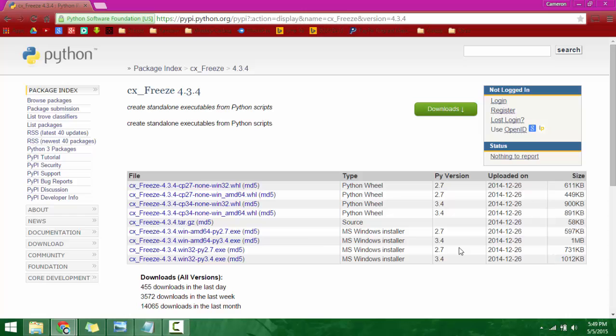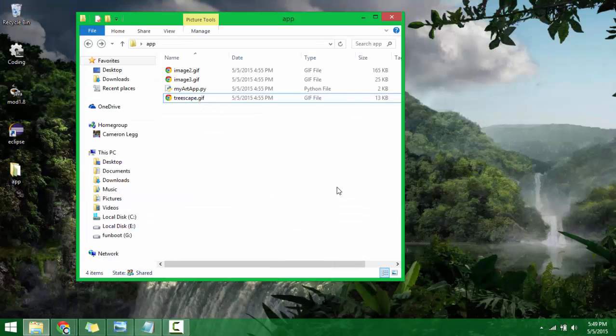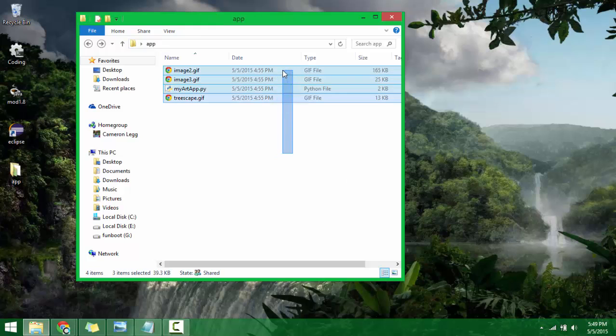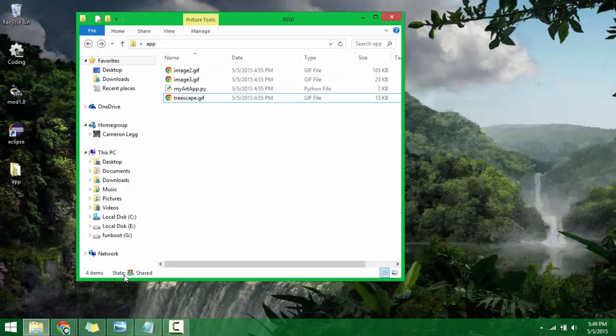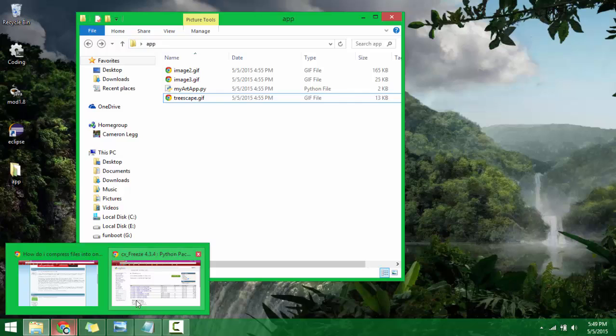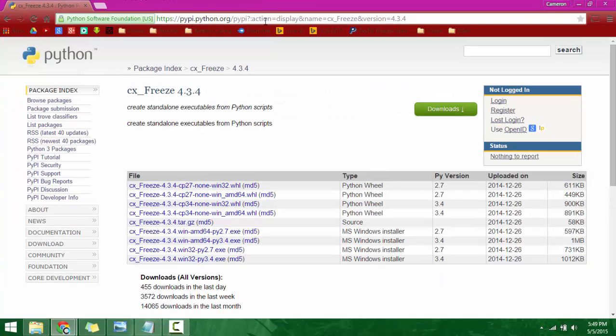Now once you have both of those installed, what you basically need to do is have all your contents here, okay? These are going to be all your contents that you're going to compile. Now what you need to do is go into your Google Chrome again, and you need to go to